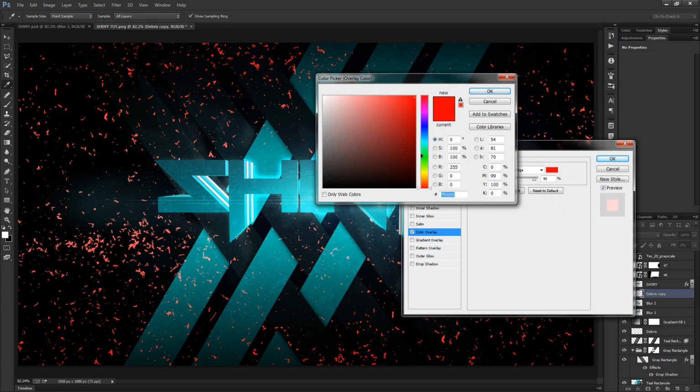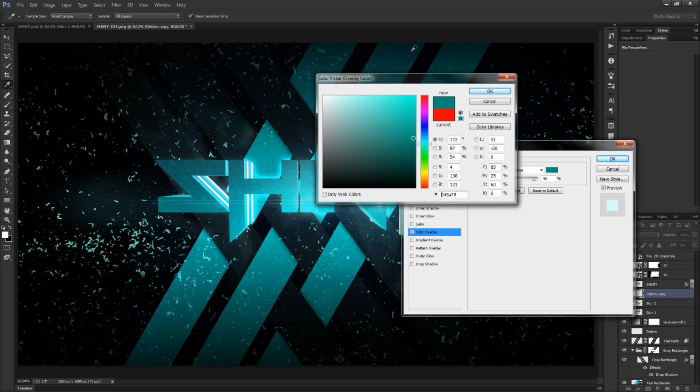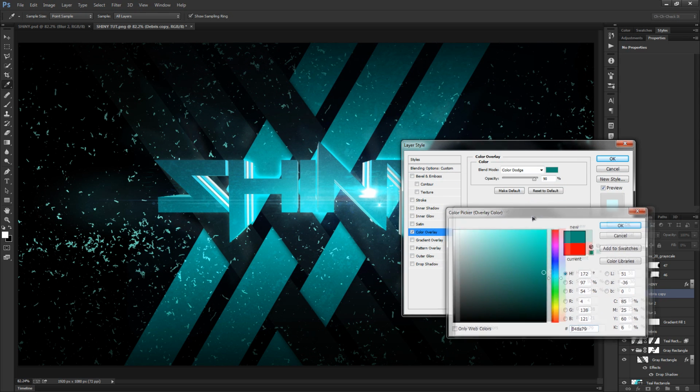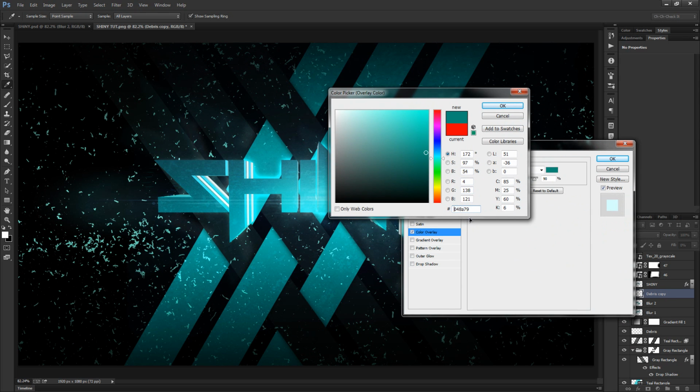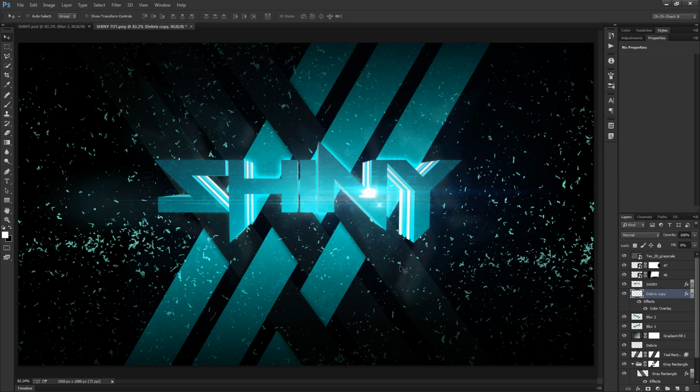And the color of this is going to start at that same greenish cyan that we've been using. But this time around, I'm going to darken it up quite a bit. So somewhere around there should be a pretty solid color. Looks good to me. That is 048A79 for those of you that want to just type in the same code that I just happen to get there. And I think we just need one more thing for the background here,